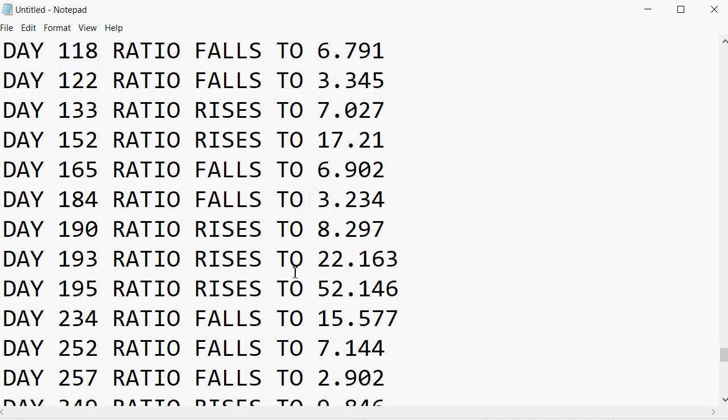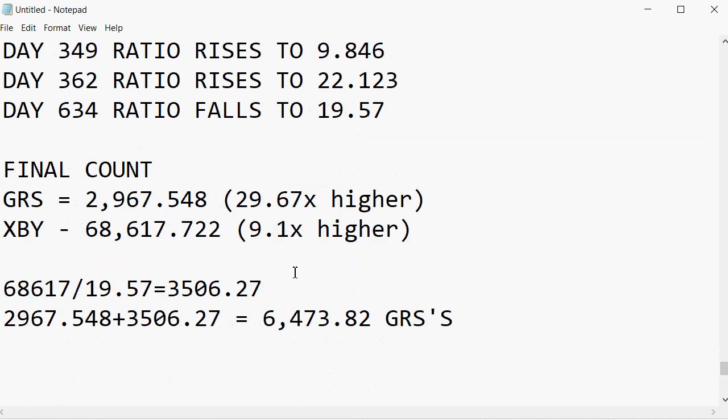And so for me, my final count was I owned 2,967.548, or 29.67 times more of the GRS than was given to me to start. And for XBY, gaining a little over 9 times more, 68,617. Of course, to see who's got a better result, for those who played along with me,